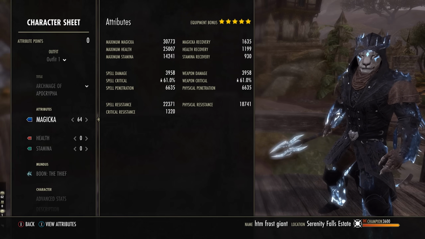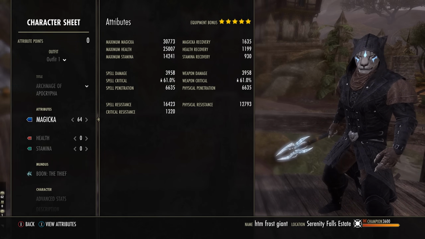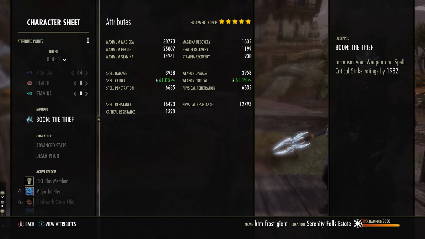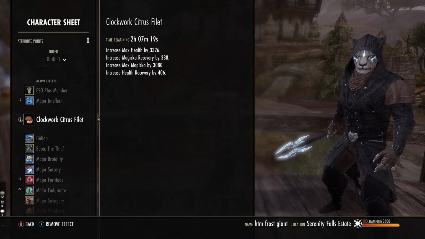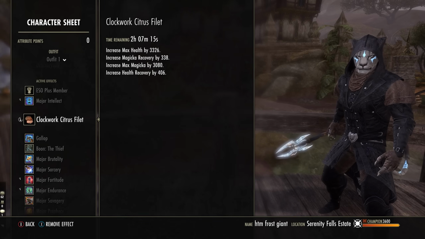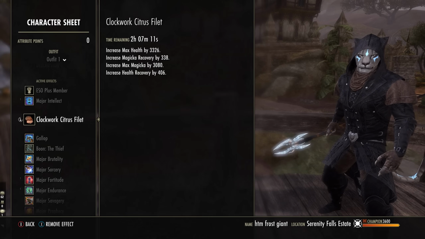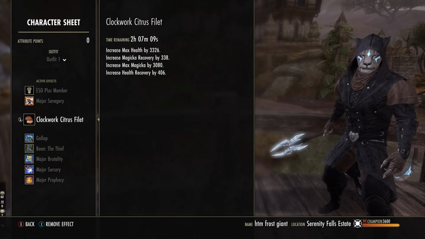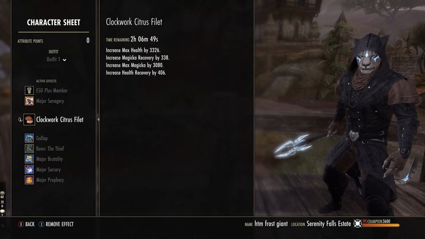make this feel a lot more tanky. Now, in terms of attributes, you'll be putting 64 points into Magicka. This is a Magicka-focused build. We'll be running the Thief Mundus for the extra crit chance. And then in terms of food, you do want Magicka, Magicka Recovery, and Health. Those are your three primary stats. If you use this one, Clockwork Citrus Fillet, you can also get some extra health recovery, which is also nice for soloing. If you'd like to save some gold, Witch Mother's Potent Brew is going to be a nice option